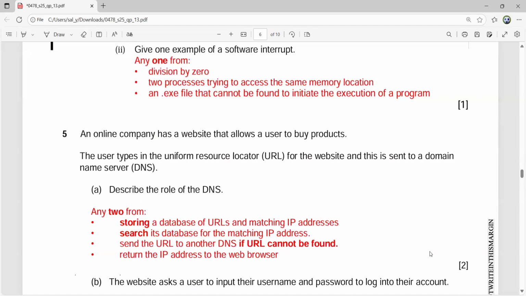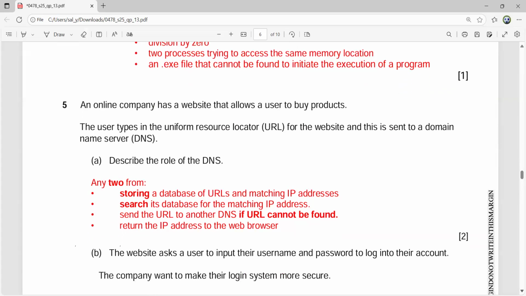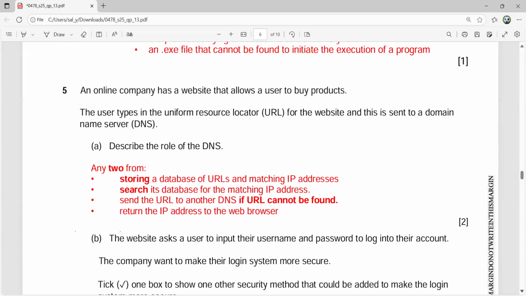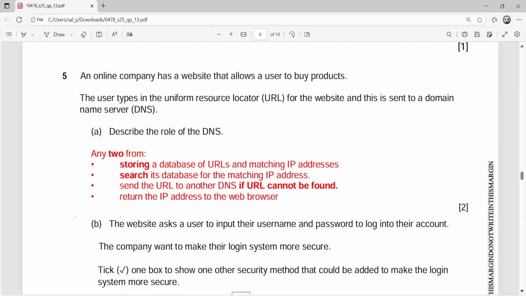You can see all the stages mentioned in a sequence. Any 2 mentioned, you will be able to score 2 out of 2. And by the way, if anyone is facing a problem with DNS, there's a video on DNS, so you can watch that video also. The link will be shared in the comments, and you can go through the video also.